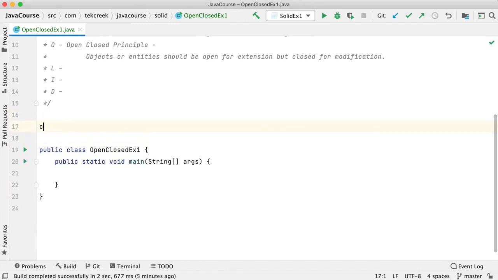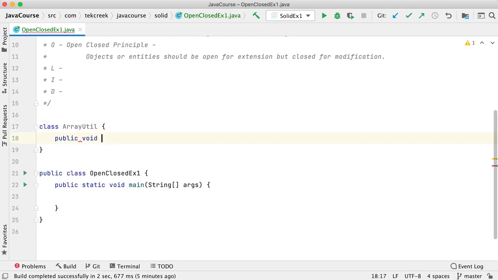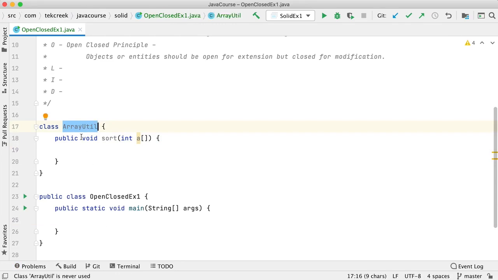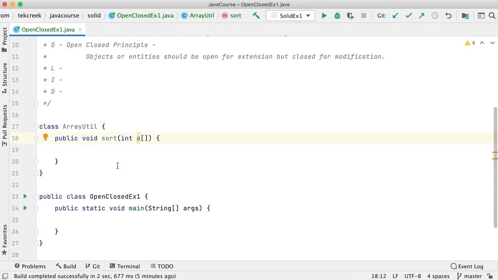So I'm going to take a simple class called ArrayUtil, and I will write a function called sort, which takes an integer array and sorts it. I'll also make it static so that I don't need an object.